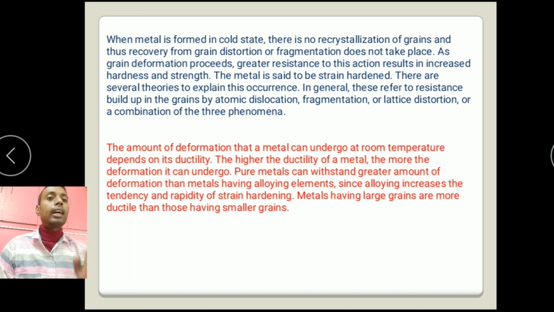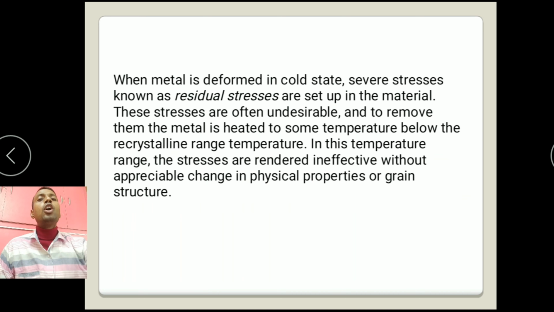The higher the ductility of a metal, the more deformation it can undergo. Pure metal can withstand a greater amount of deformation than metal having alloying elements, since alloying increases the tendency and rapidity of strain hardening. Metals having large grains are more ductile than those having smaller grains. When metal is deformed actually in cold state, severe stresses known as residual stress are set up in